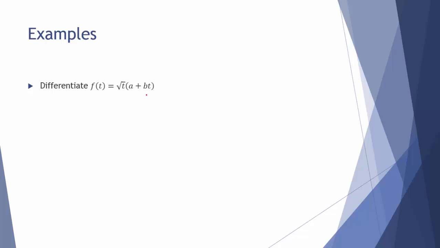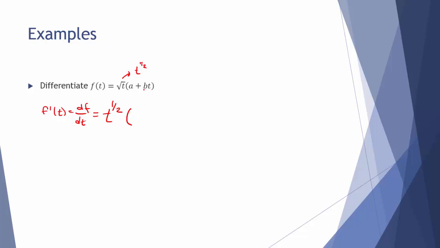Those are constants. So we want to take the derivative of this, and we notice that this is a square root of t times a plus bt. So there's a multiplication going on here. And since we've been talking about product rule, let's go ahead and get some practice using that. So I'm going to do this using product rule. So the derivative of f at t, or df dt, is found by the first function. Now keep in mind that the square root of t is the same thing as t to the 1/2. So that's the first function, t to the 1/2,